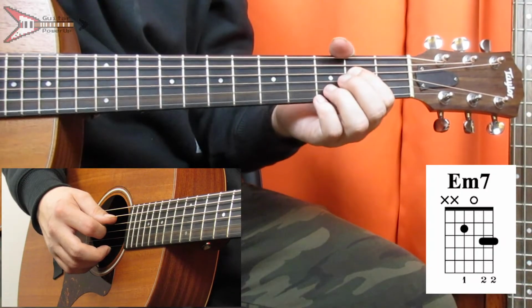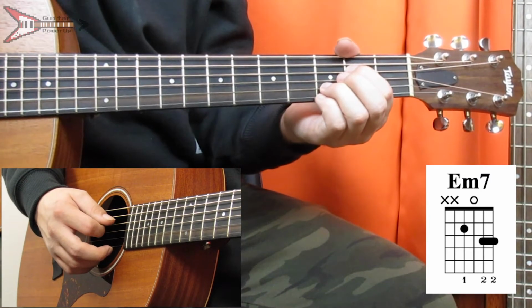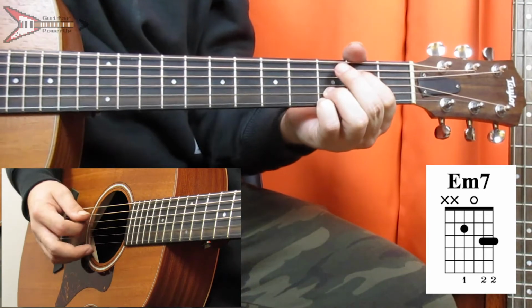Enjoy! So the verse is made up of 6 chords, the first of which is an E minor 9 chord. So for this, you're going to place your pointer finger on the 2nd fret of the D string, your ring finger on the 3rd fret of the B string, and your pinky finger on the 3rd fret of the high E string. And you're going to pick the D string,